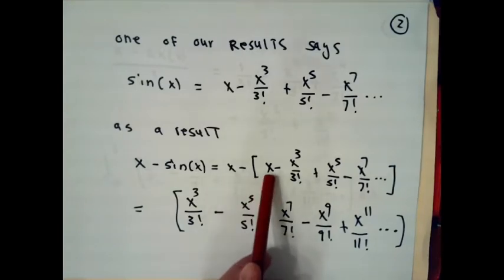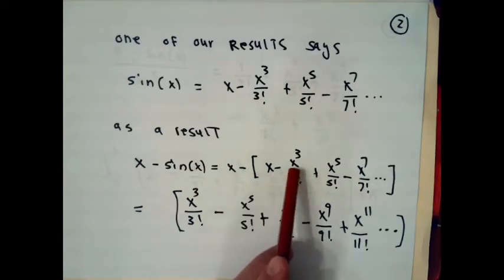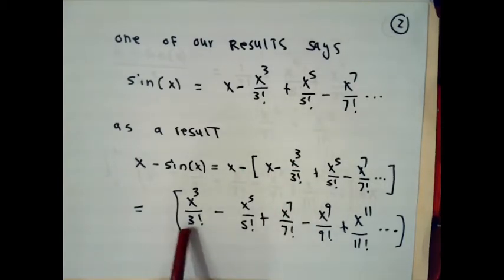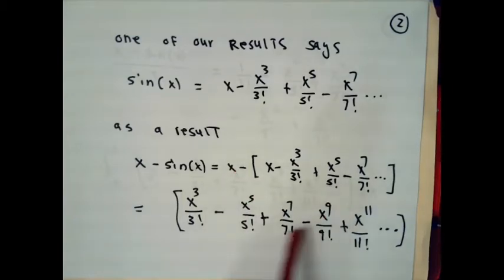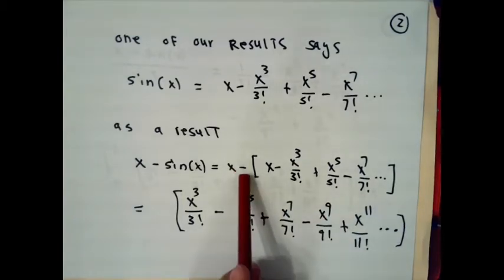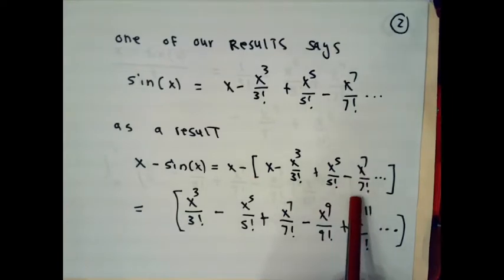The x to the first power terms cancel out, leaving minus x cubed over 3 factorial, minus x to the 5 over 5 factorial, minus x to the 7 over 7 factorial, and then continue this pattern. This is a power series that represents x minus sine x. If you'll notice, every term has at least a factor of x cubed in it. That'll be important to us,